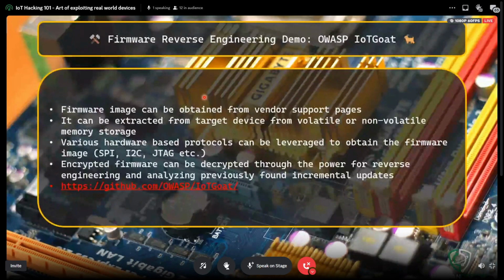That's how the waterfall software development model works, because you get incremental updates with these devices. They are not going to put everything together in the first update. They are going to bring in incremental updates, so they first push the logic for the encryption, and then they push you the encrypted binary.